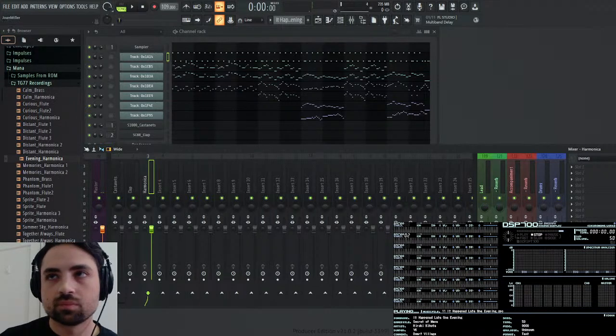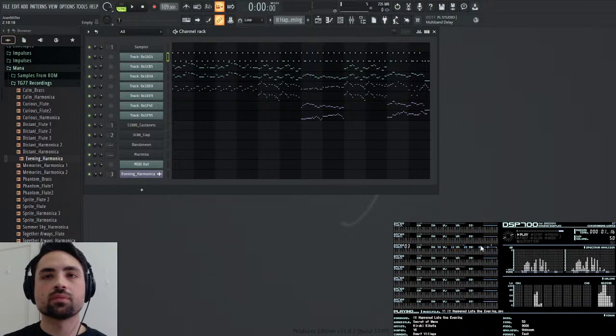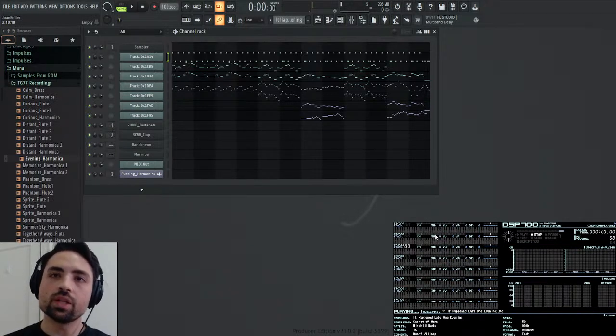Okay. And so now we want to see what's next. So this is actually, these are actually two different samples. It's the same melody line, it's a chord, but it's two different samples.